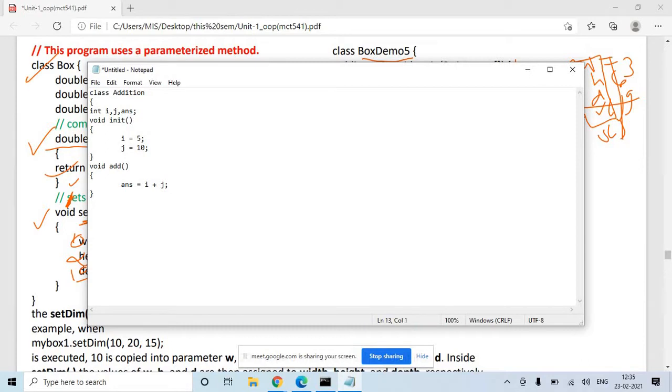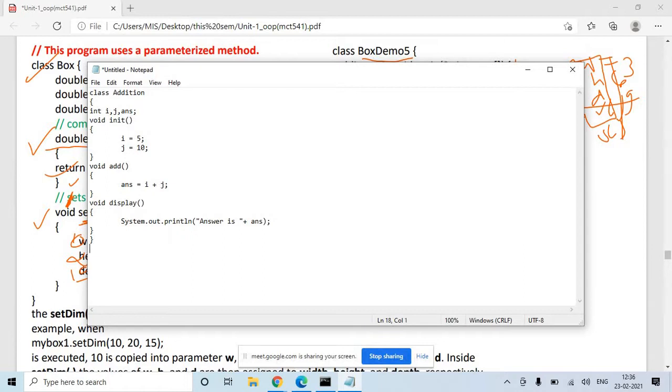Let's say you write another function which is named display. It will display System.out.println, "Answer is" plus answer. It will display answer is plus answer. Your class is over.